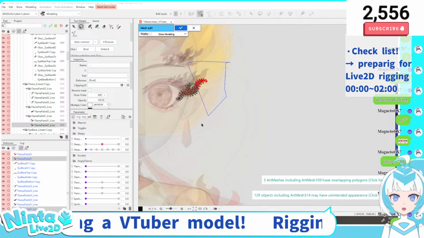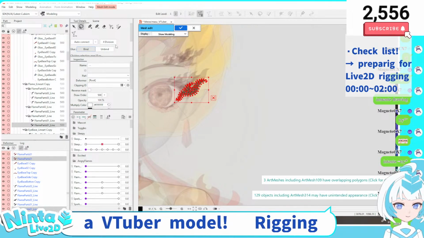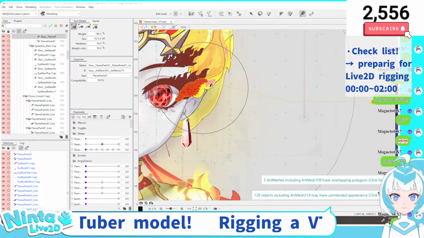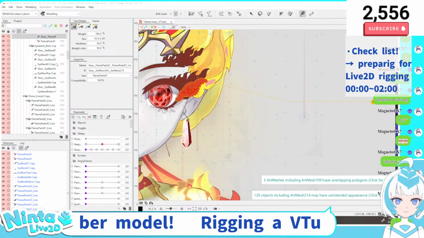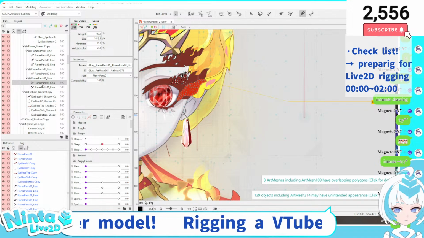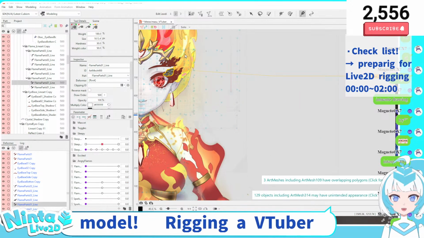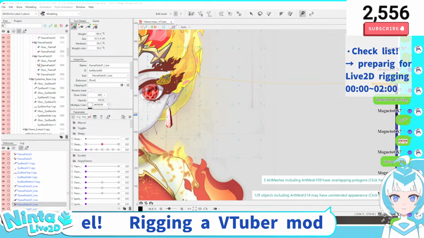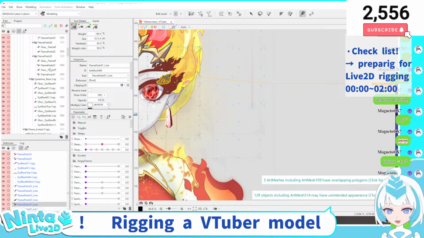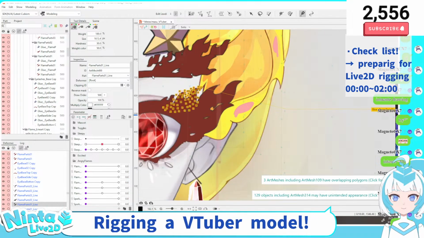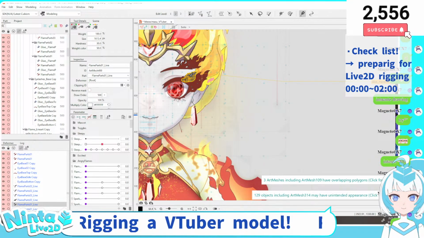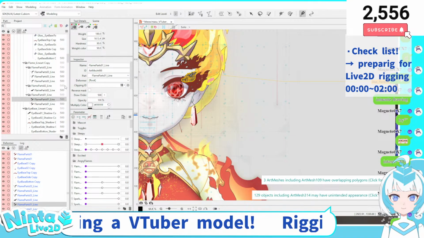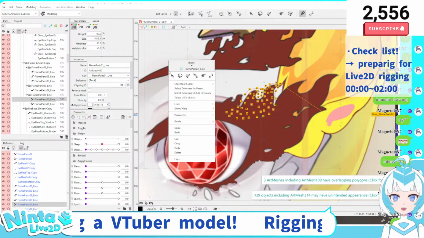I recommend you use this glue function on Live2D. Recently the glue function is supported in many places, so I think it's extremely convenient. I recommend you use it. Maybe I roughly completed the